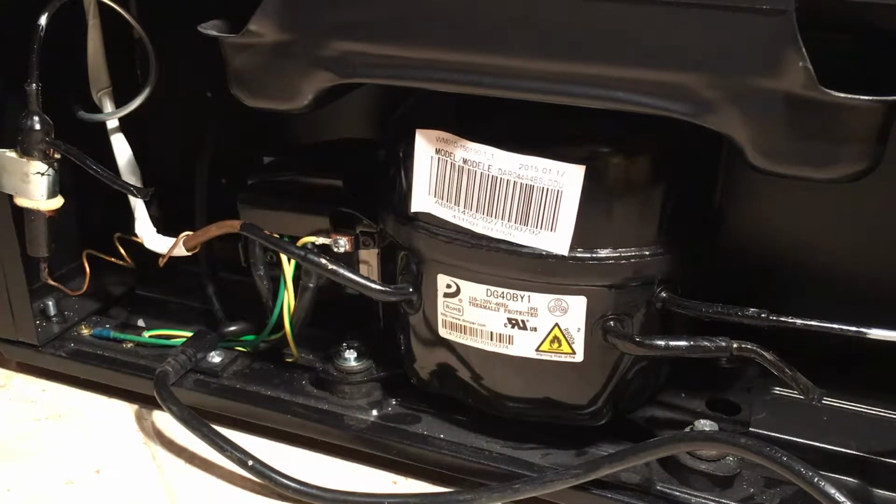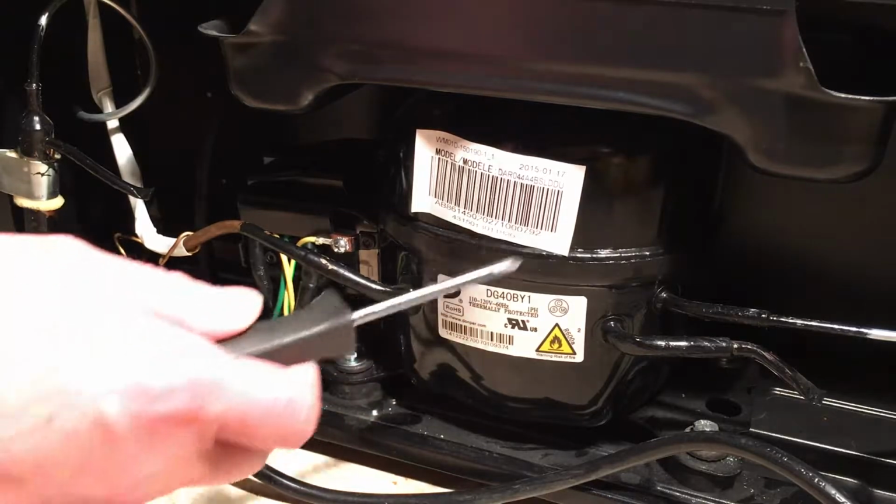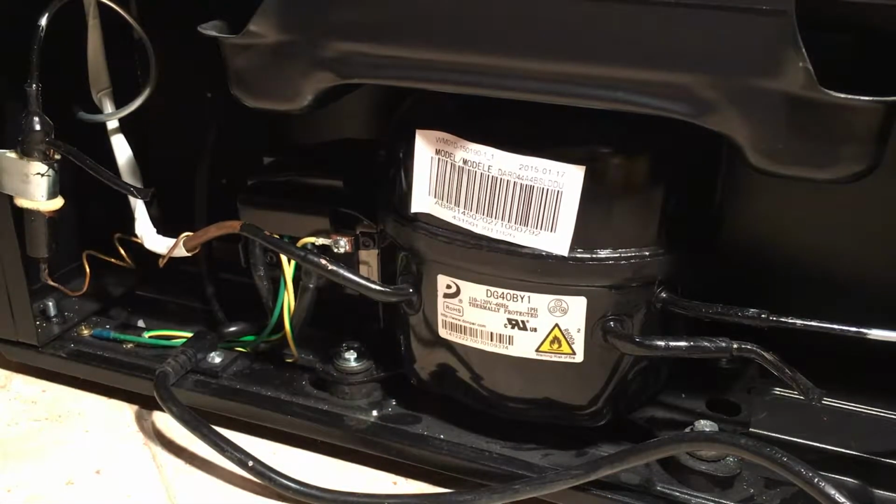Okay, so today I'm going to show you how to repair the fridge. This fridge compressor is working well. The one thing is that the temperature is not cold because of the relay of the fridge, which is